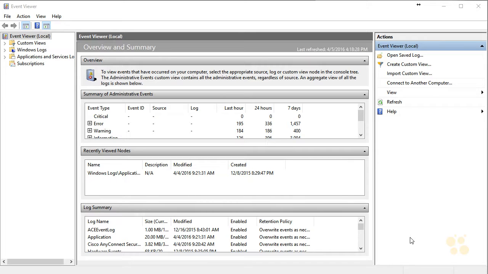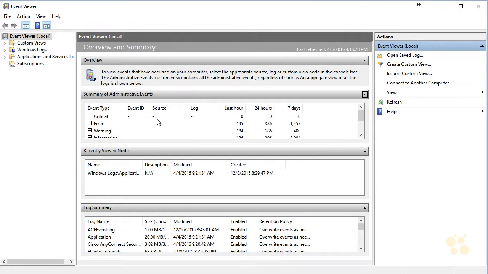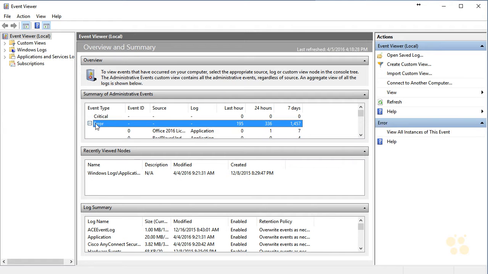Just search for Event Viewer in your Windows system and you'll find it. And notice there's these various things we can look at listed over on the left, and then there's this nice summary of administrative events listed here. It's pretty amazing to look at this because look, in the last hour, no critical things have happened, thank goodness, but notice that I've had